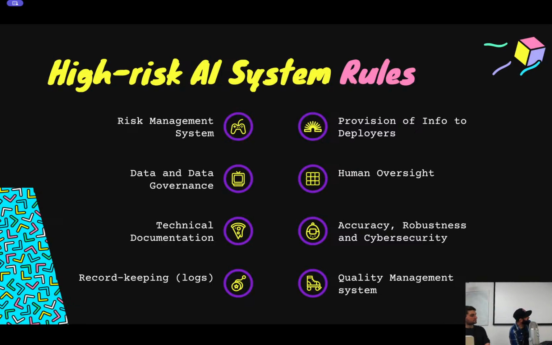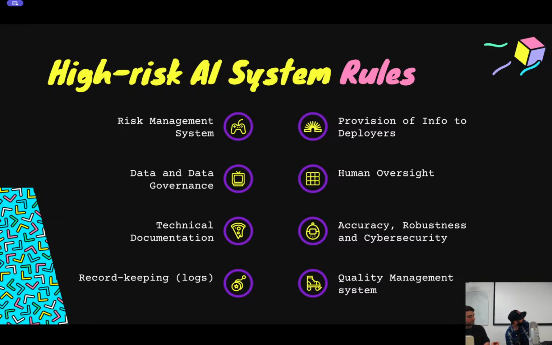What does that mean when I say it's heavily regulated? What are some of the rules? I'm really distilling this down. There's a lot of stuff I'm not going to cover, but here are just a couple of things you've got to start worrying about if you're working on this stuff. You need to have a risk management system in place. I think I have a later slide that describes what this is, but you're going to hear there's a lot of system overhead. No, these are not computer systems, by the way. These are administrative systems. And one is making sure that your AI development processes are part of a larger risk management system. There's a lot of stuff to be done on data and data governance.